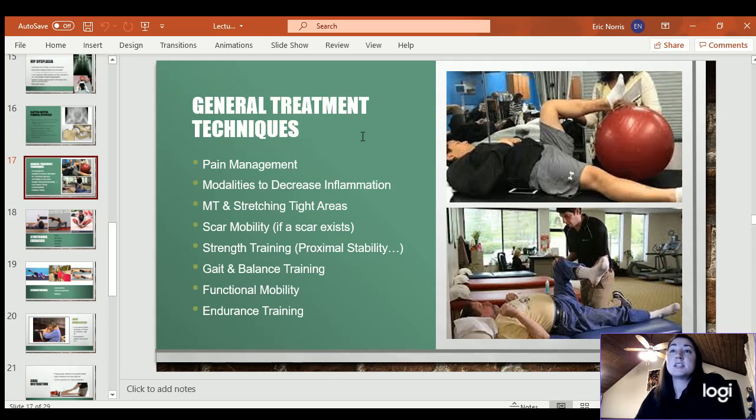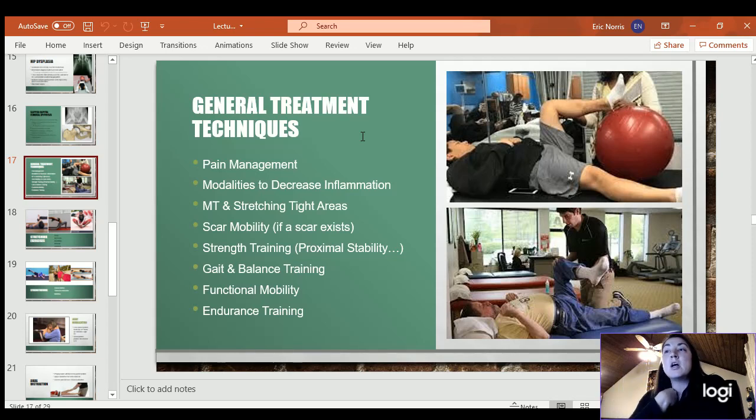All right, so general treatment techniques for most hip patients. Pain management, modalities, especially to decrease inflammation, manual therapy and stretching of any tight areas, loosening up the psoas, the hip flexors, could be the hamstrings, adductors, those are commonly tight areas. If there's been a surgery, doing a scar massage or a cross-friction massage to get the scar to mobilize and